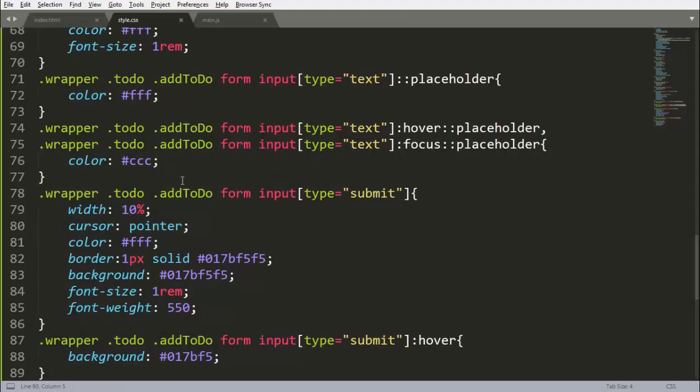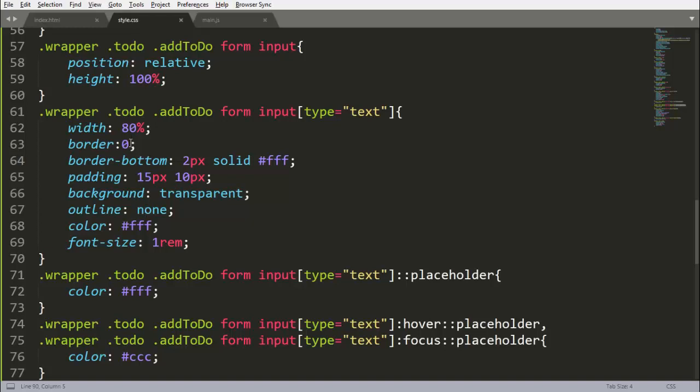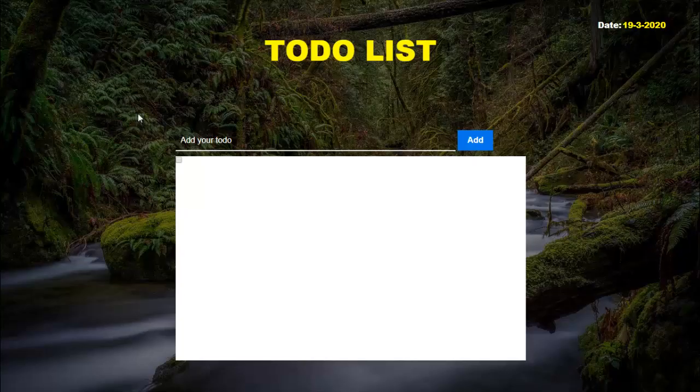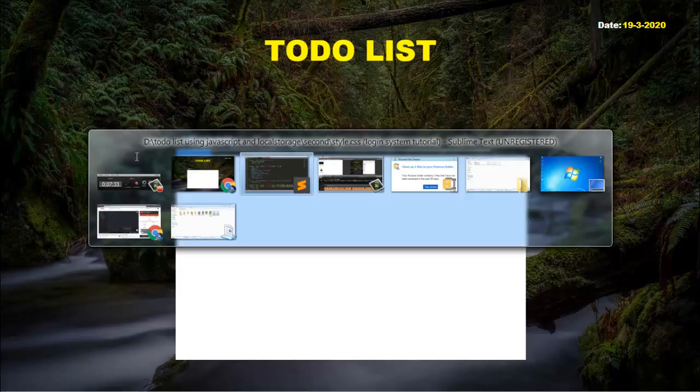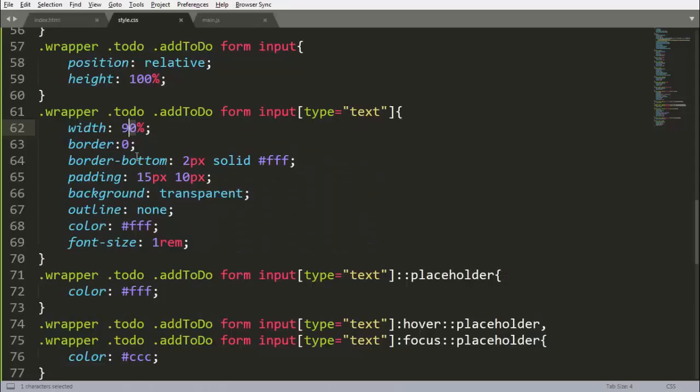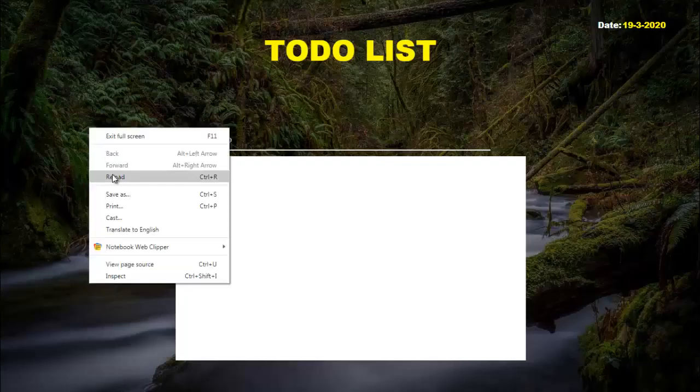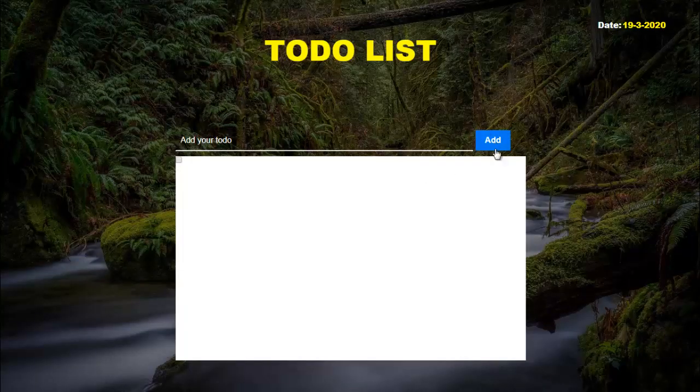So where is our text? Let it be 90%. Whenever we reload it, it is also going away. So let's see, here it is 85%. See here, now it is getting full here.